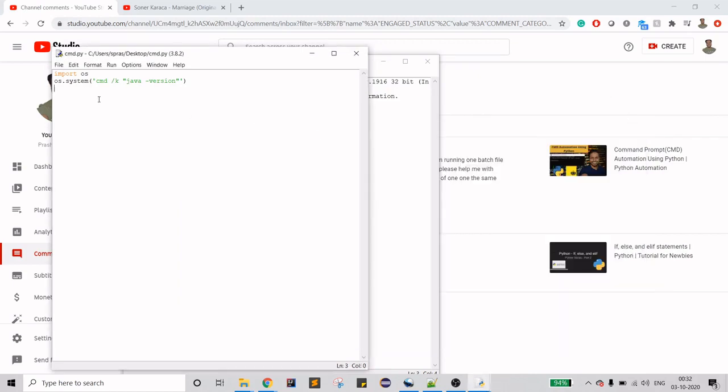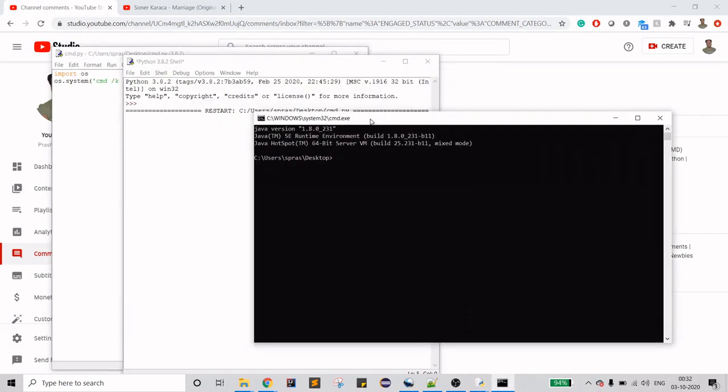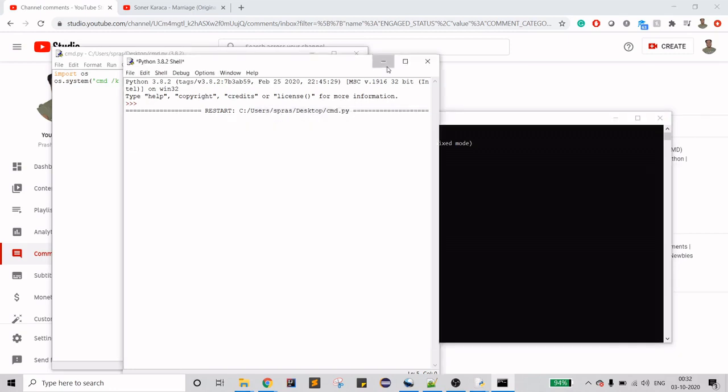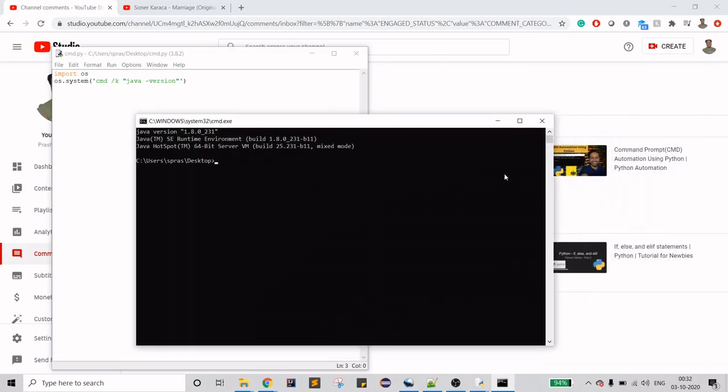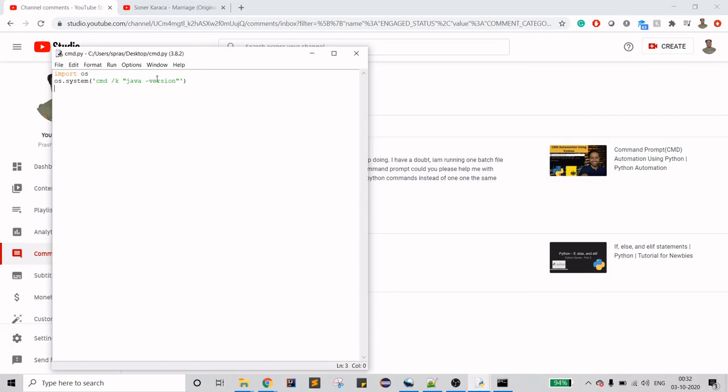So when I run this code, it should open the command prompt and it should run the command. So as you see here, you are not able to see the command but the result of the command. So that is the one thing that we achieved in this video. So Teja is asking how can we execute multiple commands. So Teja, what you can do is you can use the AND operator, and when you do that you can type multiple commands, as many as you want.